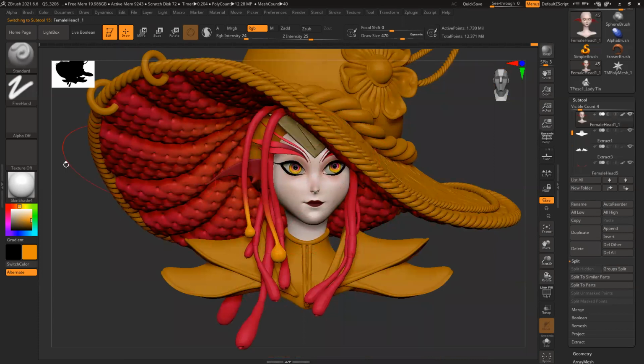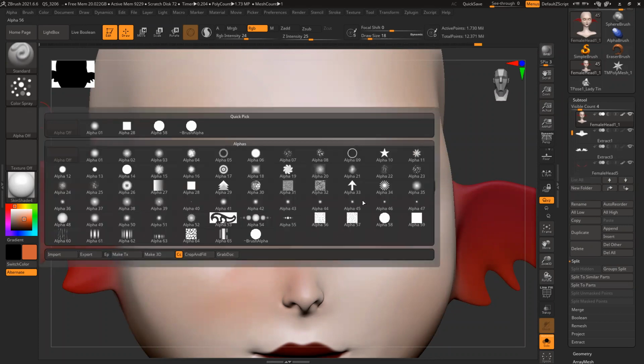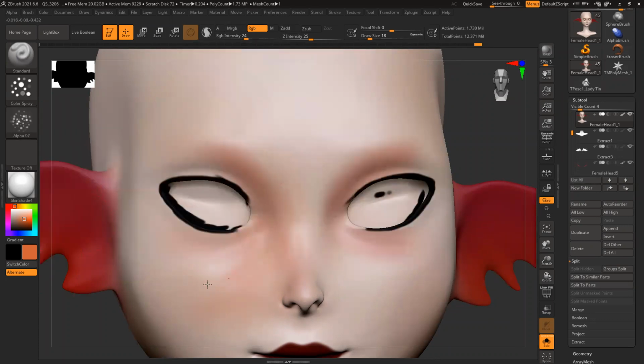Face, I still have some freckles, and for freckles I can use this spray, isolate, use the brush size, and you can see all the freckles. If I want, I can use alpha brush also to generate those patches.